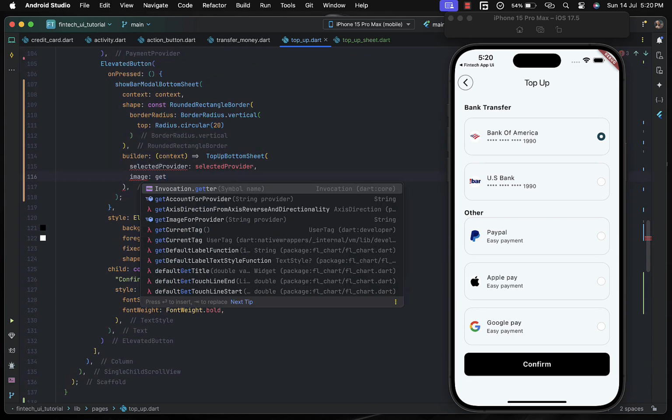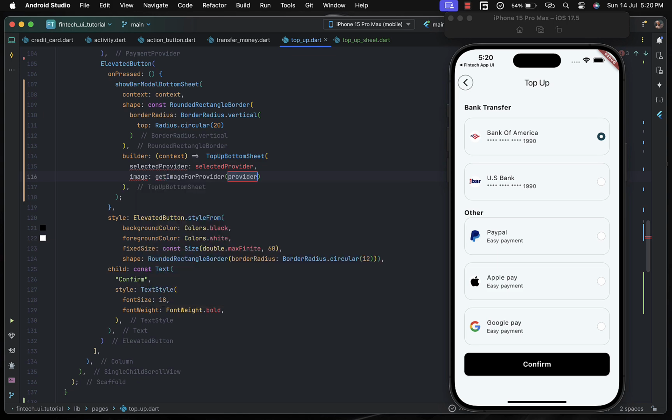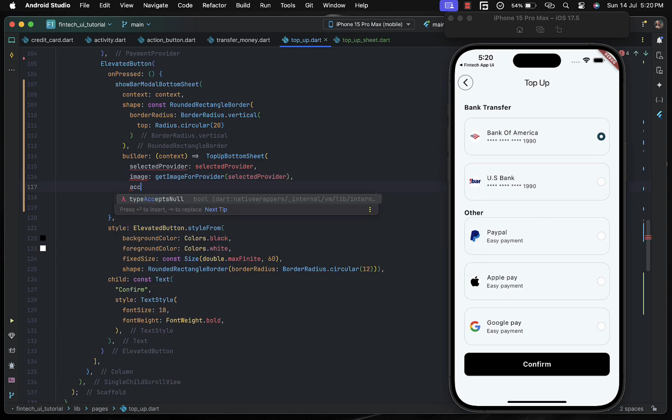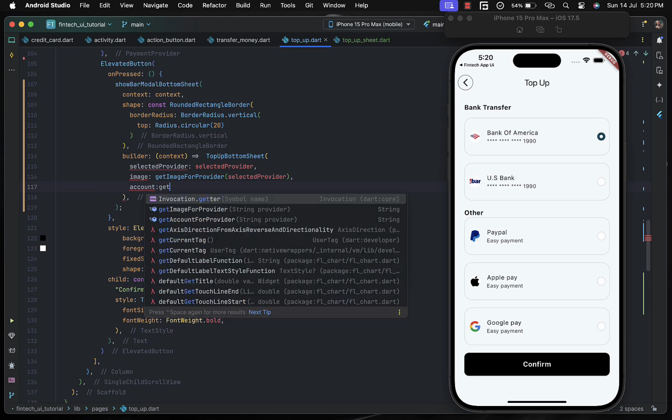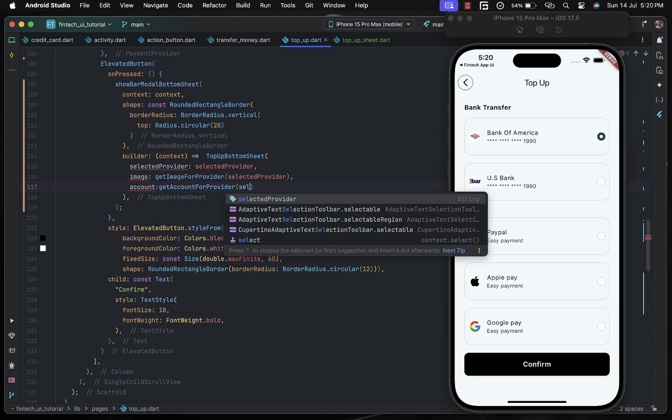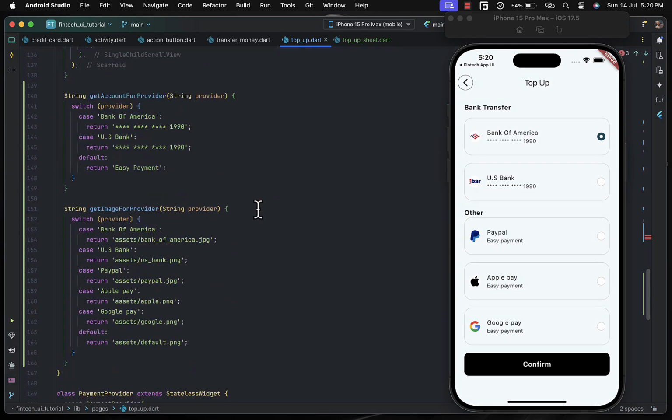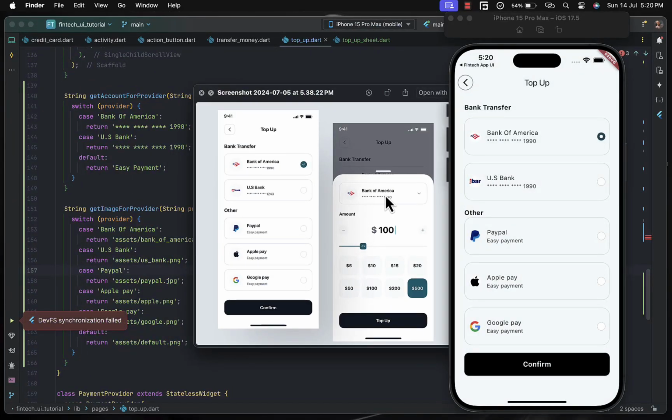So with the image you can call the function get image for provider, then we can pass in our selected provider and based on that switch and get us the right image. And we're doing the same thing with the account as well. You can call the function get account for provider, passing in the provider and check if it's Bank of America. We are going to return this kind of string with the pin. So once we have this,